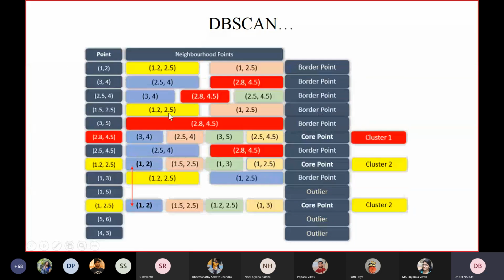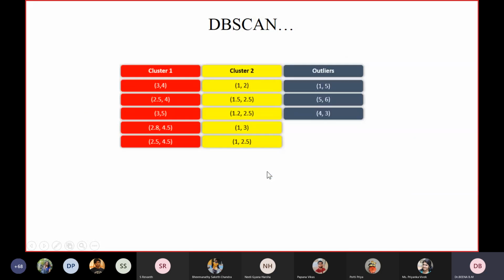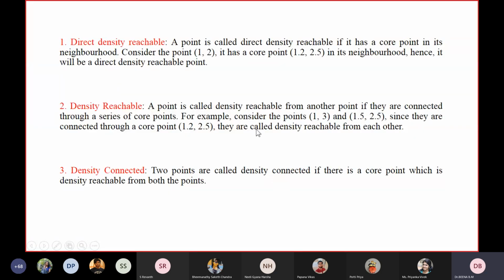So here you can see, if you find any common data points across these clusters, cluster 1 and cluster 2, they become the common points, and they are called density reachable from each other.